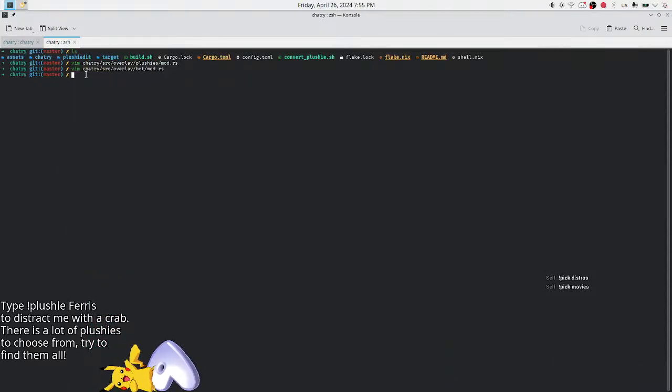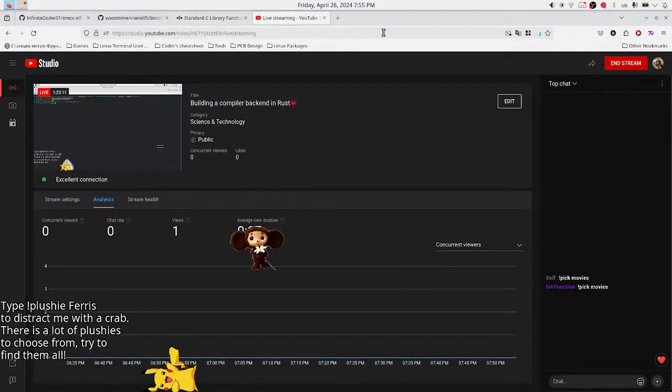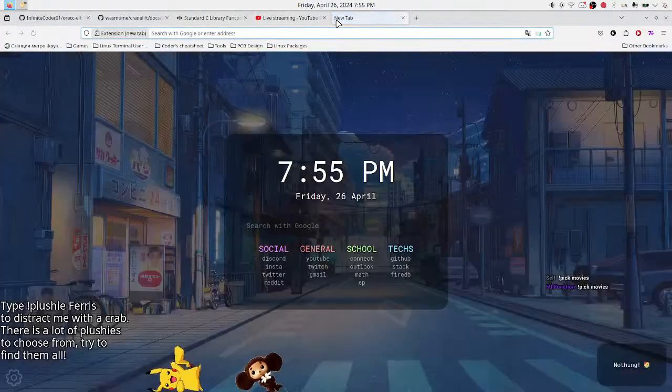I have a lot of plushes. If I just ls assets plushes, ls dash l. How do I count lines? Chimurashka. A movie, a cartoon, should I say?